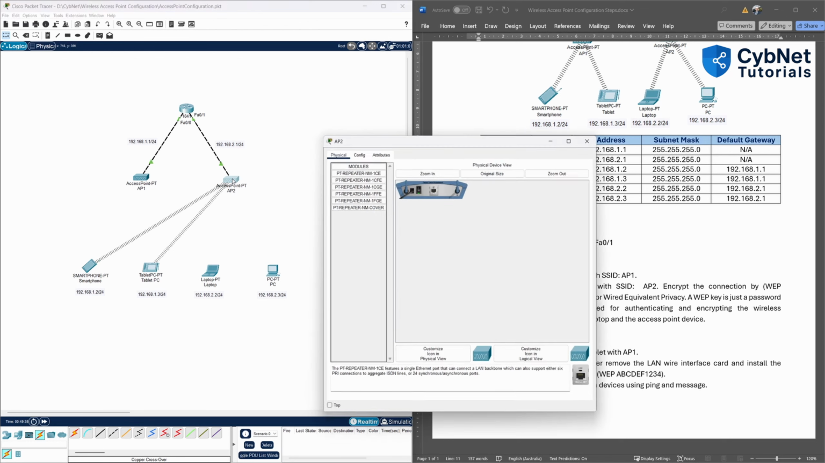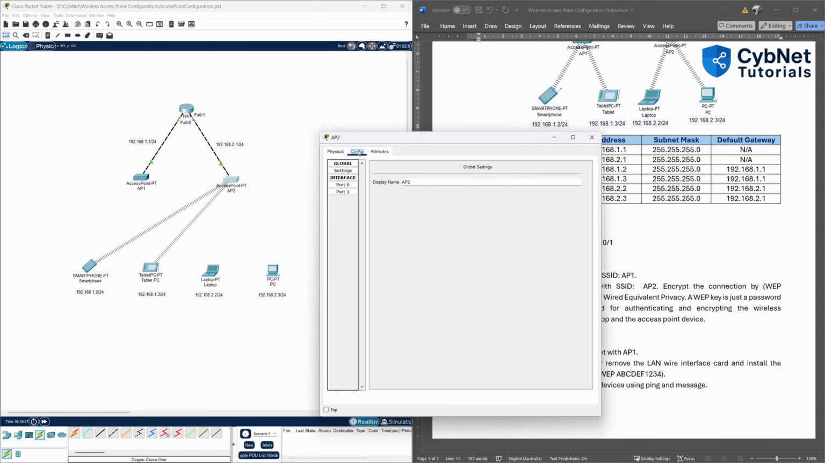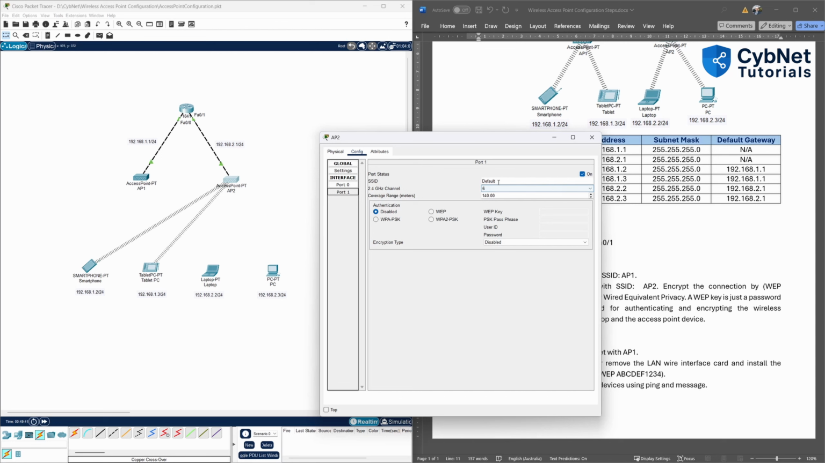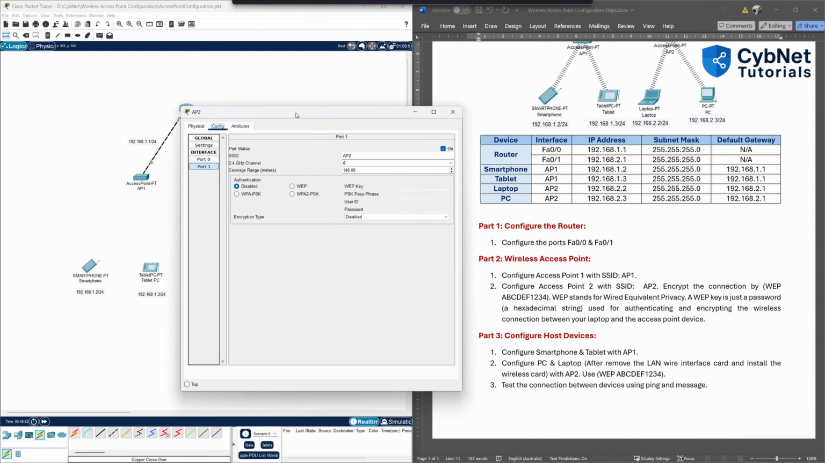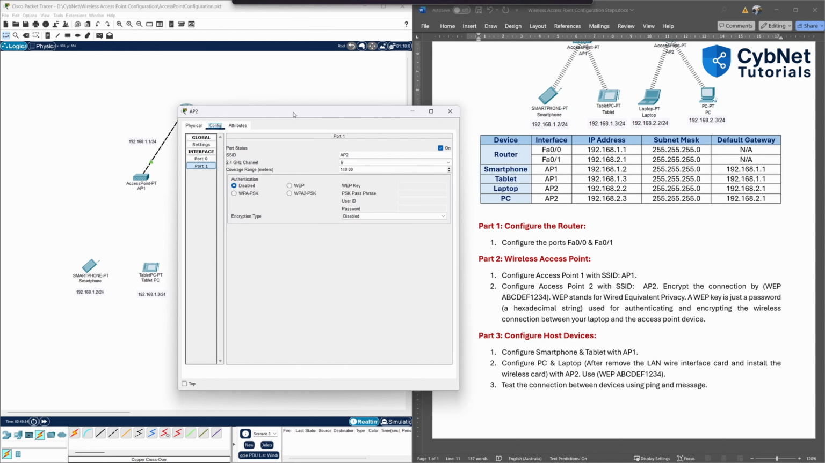For access point 2, we need to do the same thing. Go to the config, port 1, and change the SSID to AP2. You can see they all disconnect now, because now neither of them has the default name. But here in access point 2, we need to enable the WEP key,